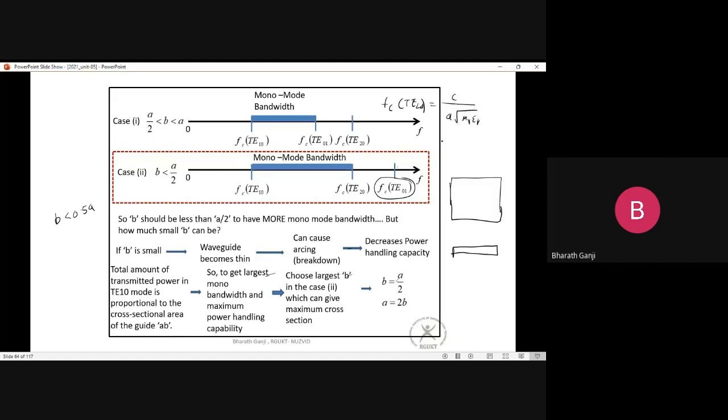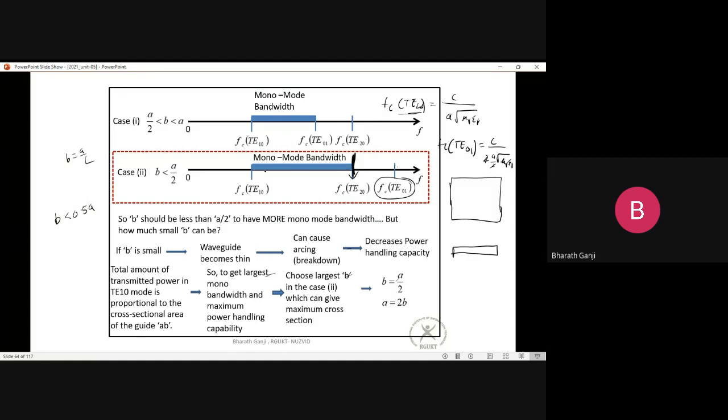Whereas what is the cutoff frequency for TE01 mode? That is c by 2b times square root of mu r epsilon r. Okay, if I make b exactly equal to a/2, ఇక్కడ a/2 పెట్టాను అనుకోండి, then you can see it will be exactly equal to the cutoff frequency of TE20 mode. So అంటే ఏంటంటే when b is exactly equal to a/2, మీ TE10 mode cutoff frequency TE20 mode cutoff frequency మీద